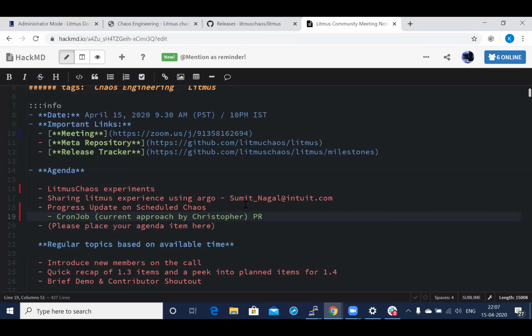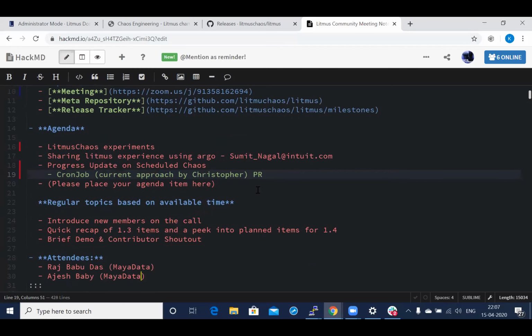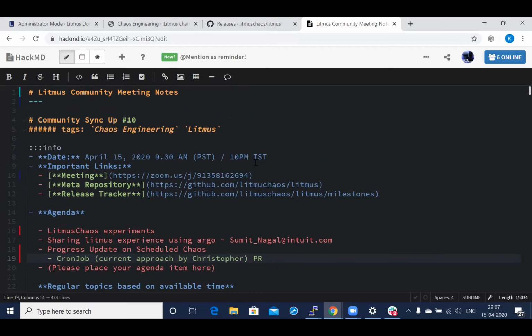Cool. Yeah, I think we'll take these questions. And it would be nice if you can cover what's new in the 1.3? Yes, Sumit. We do have one of the agenda items. We'll do a quick recap of 1.3 as well. Cool. I think with that, we can get started. So Sumit, would you like to share your screen? Let me just stop sharing mine.